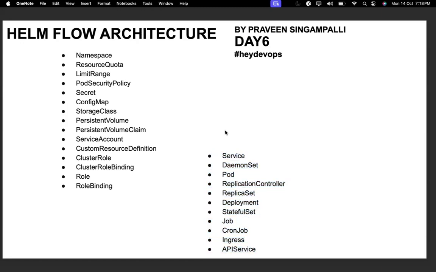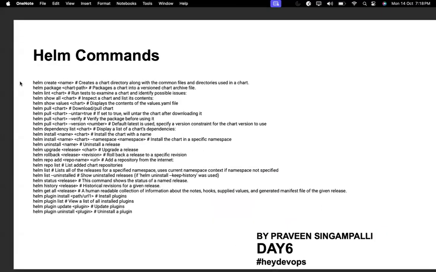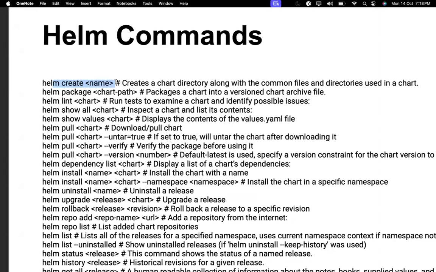Now, if I go ahead a little bit, you will be able to see the next step that we are going to follow in our understanding. So these are the Helm commands, guys. Helm create, with a name you give, creates a chart directory. Helm package packages a chart. Helm lint runs the test cases to check whether the chart you have written is correct or not. Helm show all inspects a chart and lists its contents. Helm show values, Helm pull, with different kinds of data points as arguments. Helm dependency list, you will check the dependency in the chart folder. Helm install with the chart name, Helm install with the chart name in a particular namespace, Helm uninstall,